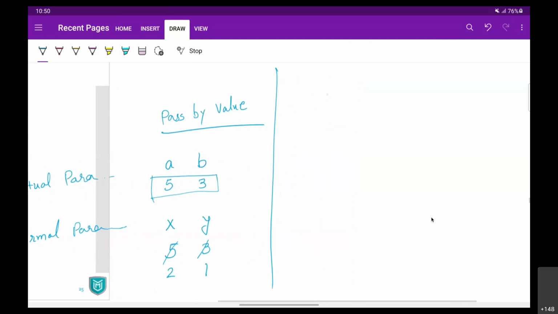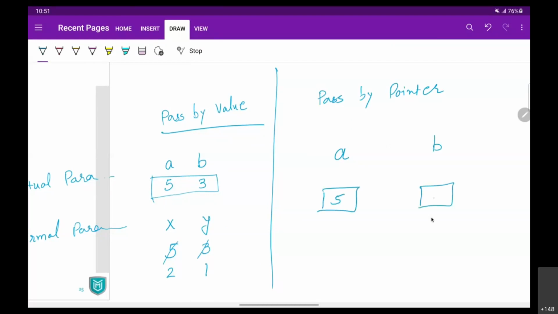बट when you say it's pass by pointer, then what is going to happen is, when you have variable a with value 5 and variable b with value 3, a is actually referring to 5, b is actually referring to 3.